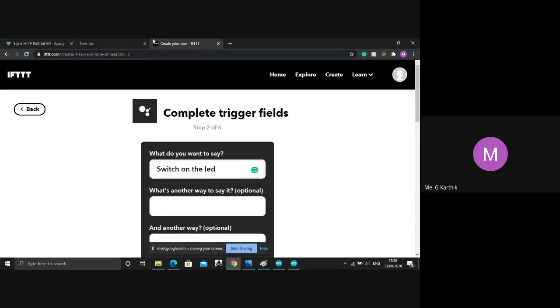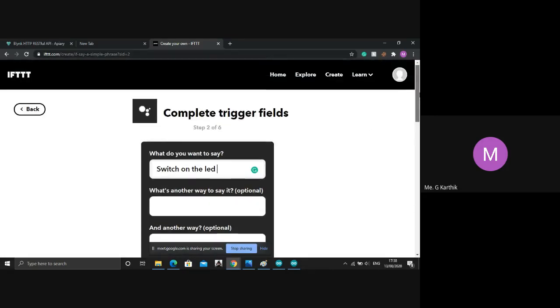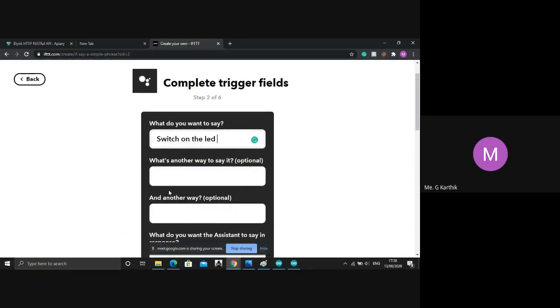Make sure that you are also opening IFTTT and doing it with me, so that you don't get lost. And in another way, I'll just say lamp because I already used LED. Okay, switch on the lamp. Another way, lamp on. I'll just say lamp on.